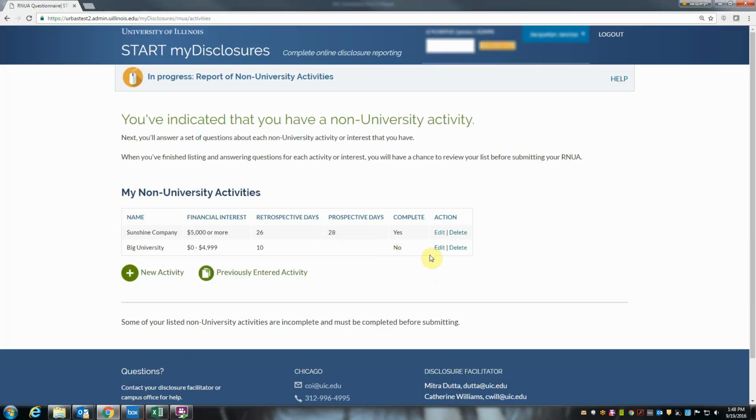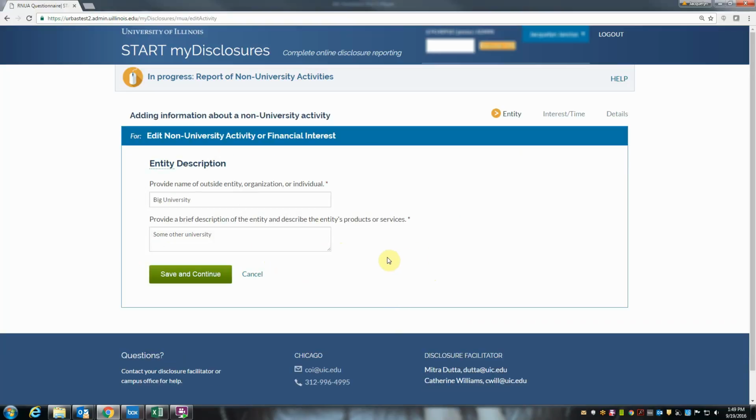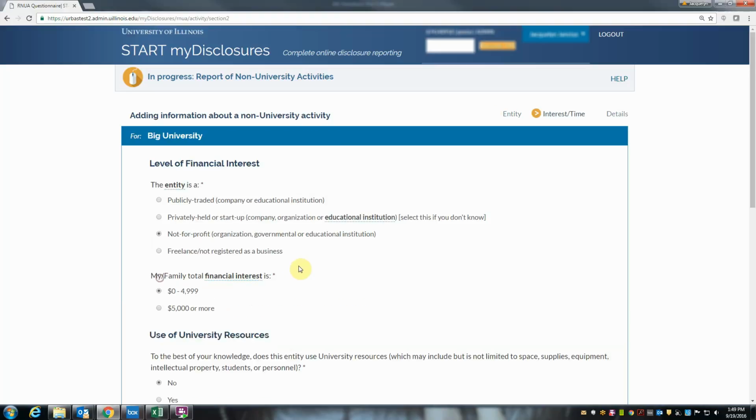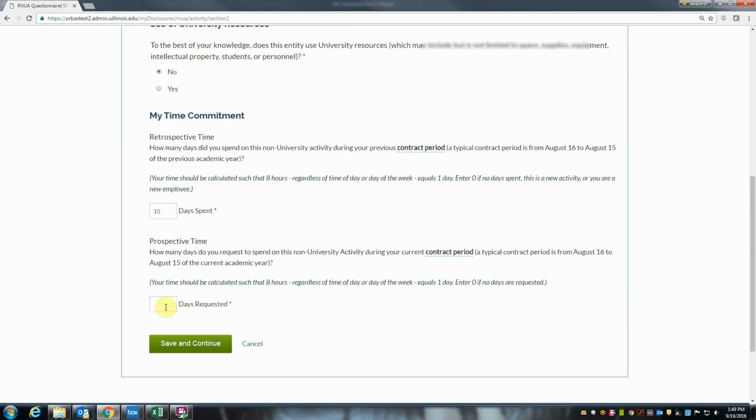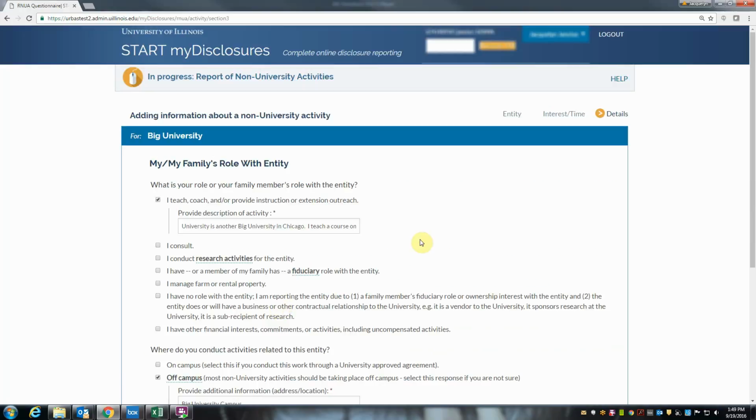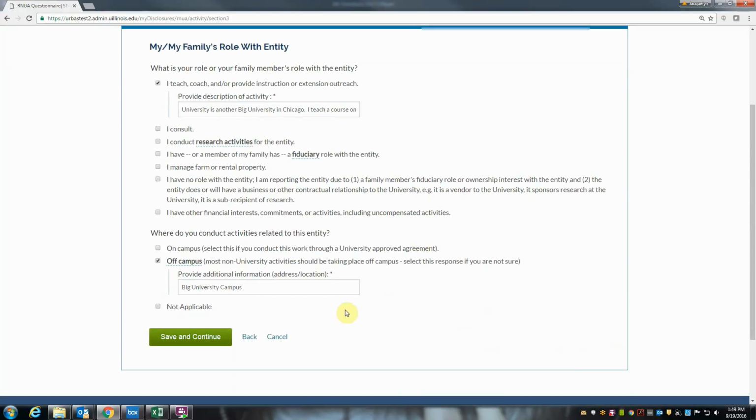So you can see that this has changed from no to yes because I've completed this disclosure and I've added my prospective days. And this disclosure here, you can see I didn't reach a significance threshold, so it's a shorter questionnaire. So I'm going to hit Save and Continue, and I need to add my prospective time. Now let's say 10 days of prospective time. And then nothing has changed, and I'm just going to say, okay, nothing's changed, but I need to put this